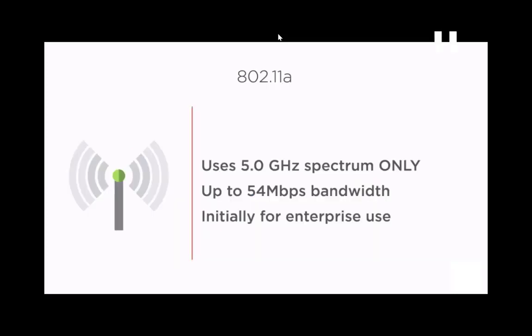So 802.11a uses the 5 gigahertz spectrum only. It operates only in 5 gigahertz. Its bandwidth is up to 54 megabit per second. Initially it was used for enterprise use because it is very expensive. That's why it's used in enterprises only. Now, on the other hand,